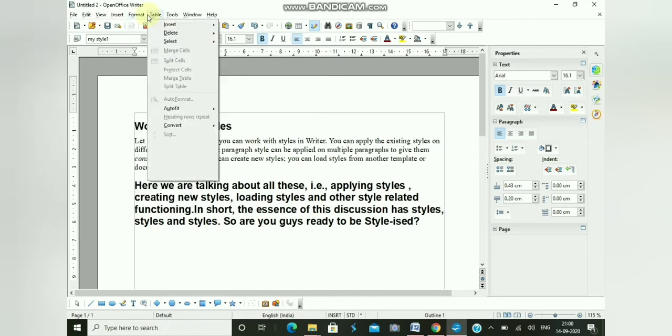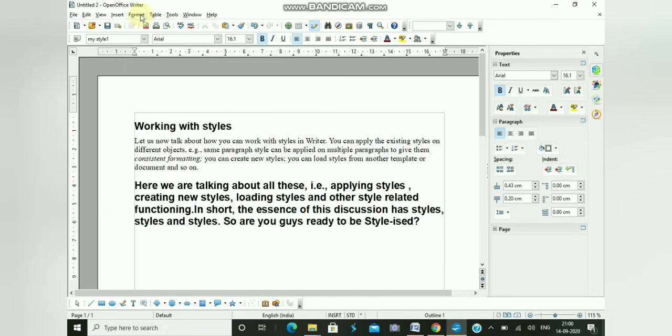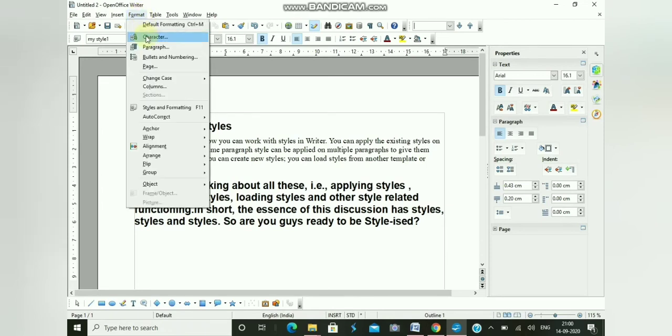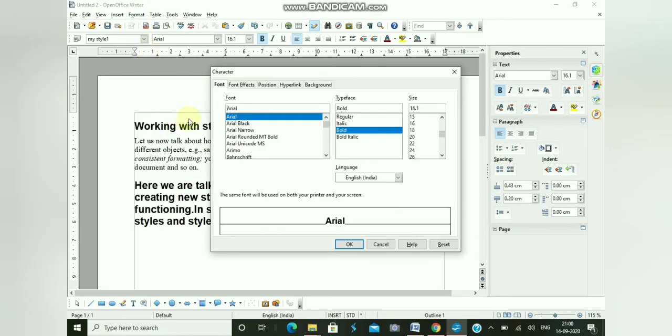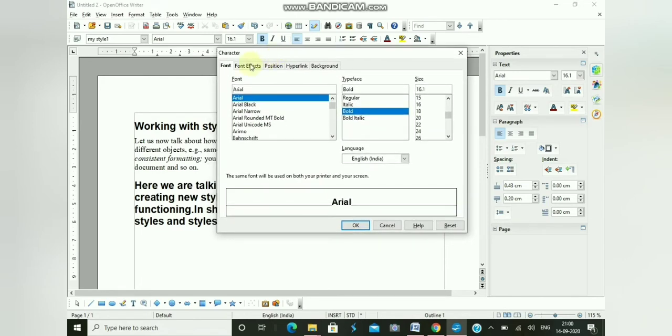We'll find this on the Format tab over here. As you can see, I click on the Format tab and you have the Character command, where you can apply different effects on the characters. As you click on it, the Character dialog box will open, and here we can change the font and different font styles. Then we have the type, that is if you want italics or bold, you first select the text and then apply it here, and then accordingly you can change the sizes.